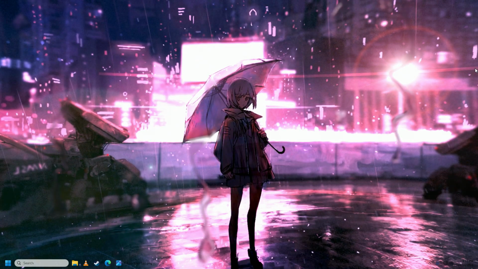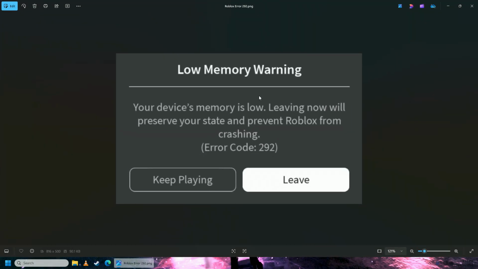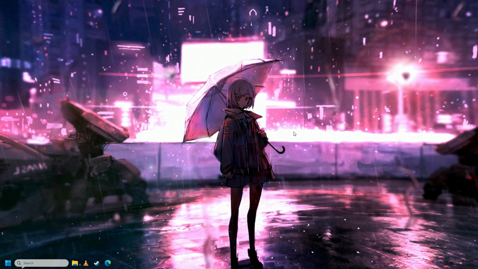Hello everyone, if you're facing this low memory warning on Roblox with the error code 292, then you have come to the right place because in this video I'm going to show you how easy it is to fix error code 292 on Roblox. So the first thing you're going to do is you're going to make sure that you